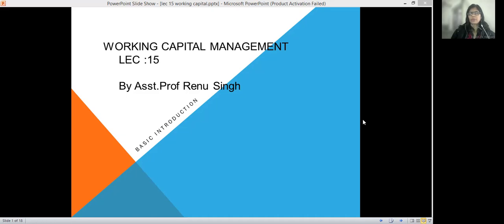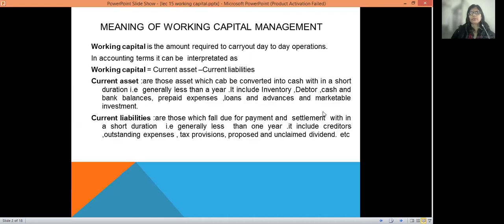Because it matters a lot, it helps in decision making, and it is considered as the vital decision for any business concern. So for that, we are going to discuss what is the meaning of working capital and other major components related to that. First thing is,